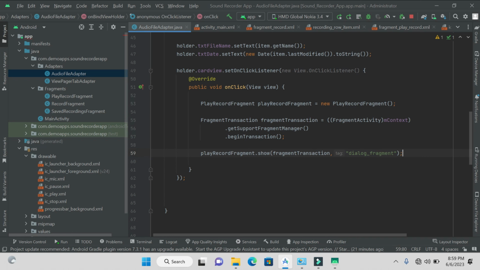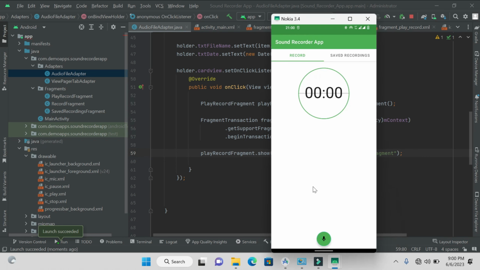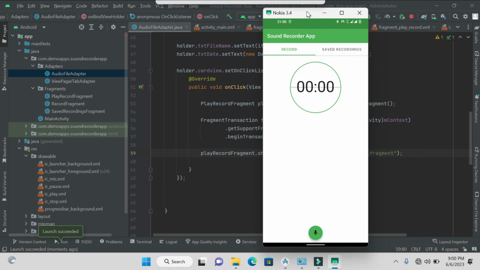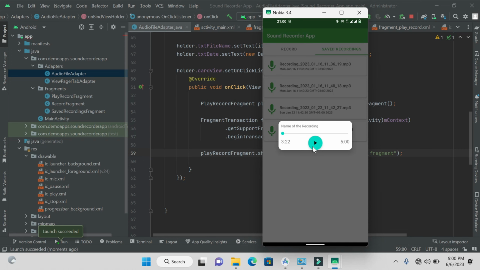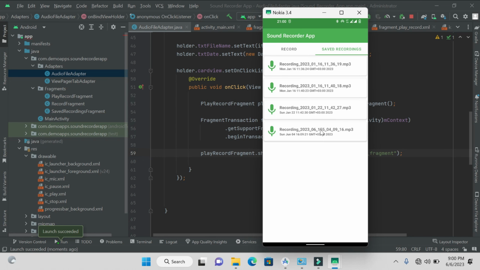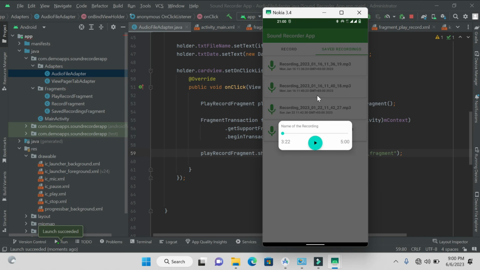So if you go to self recording and if we click, yeah, you see guys. So we have this pop up now. If you go to any one of them, you see that pop up here. So we are good guys. So I think in here we see our seek bar and we see here. I know it doesn't look good, but we'll try to add some margin I think, and then design it so that it looks good. Yeah, so I think guys, since we have succeeded to add this dialog fragment,